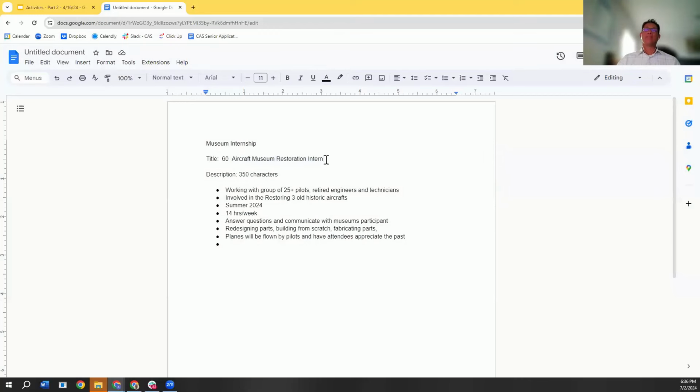A lot of times what you can do here is, not only put the title of the individual, the intern, but a lot of times, you see how I have a dash here. Sometimes you can use a dash or not, but I would say to describe the actual organization here. Okay, so I know it says it's pretty obvious: aircraft museum or space and aircraft, or